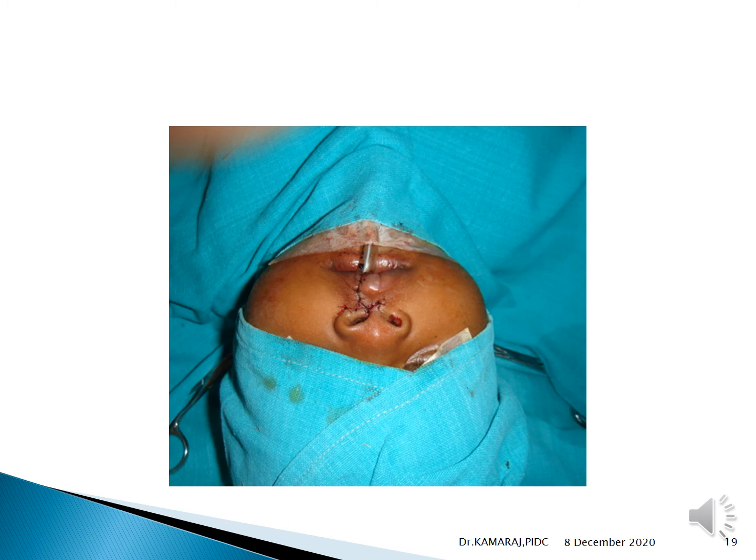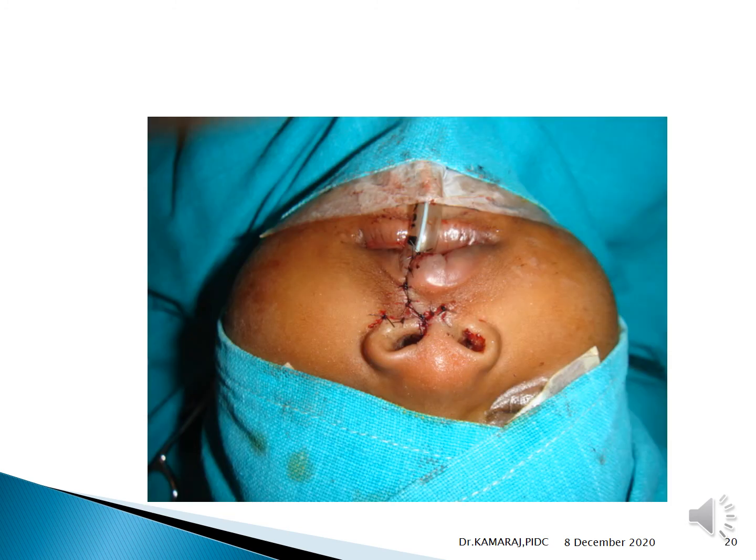You put the flap in place and get sutures on line. We try to reconstruct the vermilion border of the lip, which will give an aesthetically pleasing appearance. So you can clearly see the lip being reconstructed and the nasal floor also.